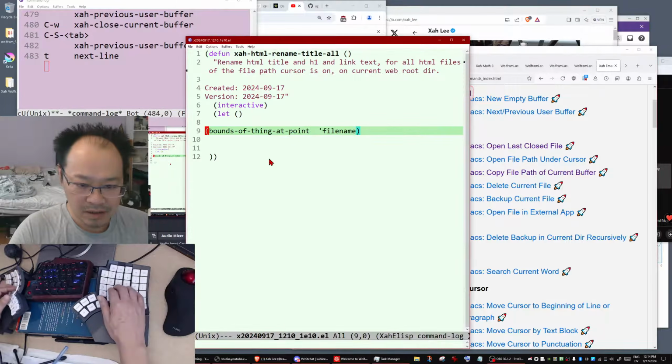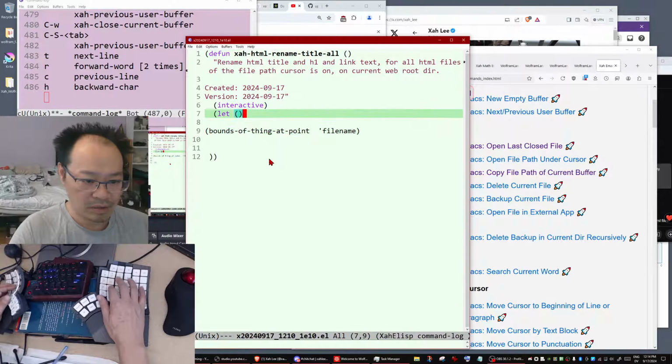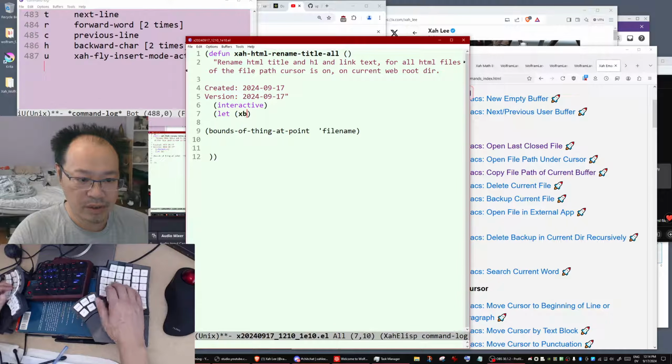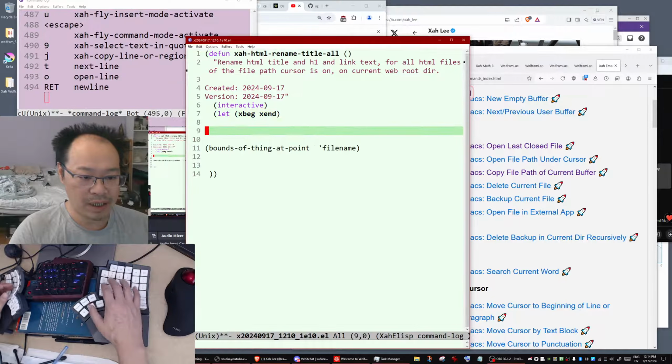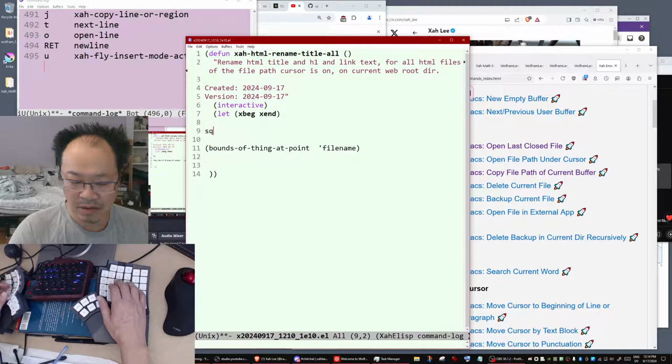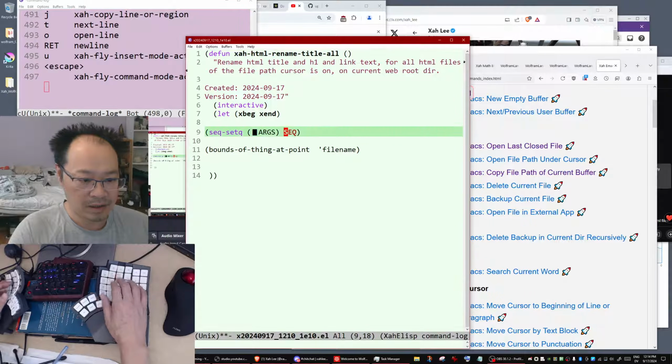Now let's continue to write this. So we need to declare 2 local variables: x begin, x end. That's 2 positions, and set sequence.